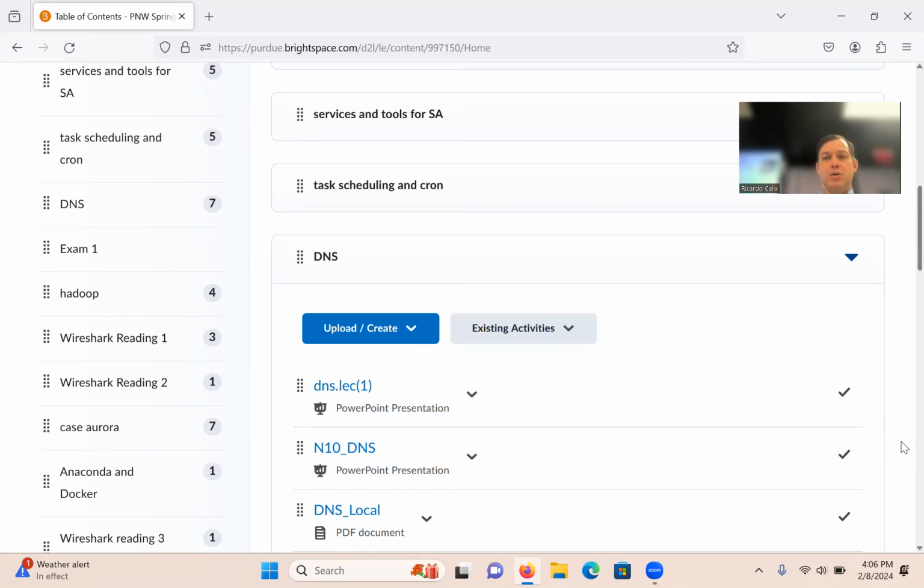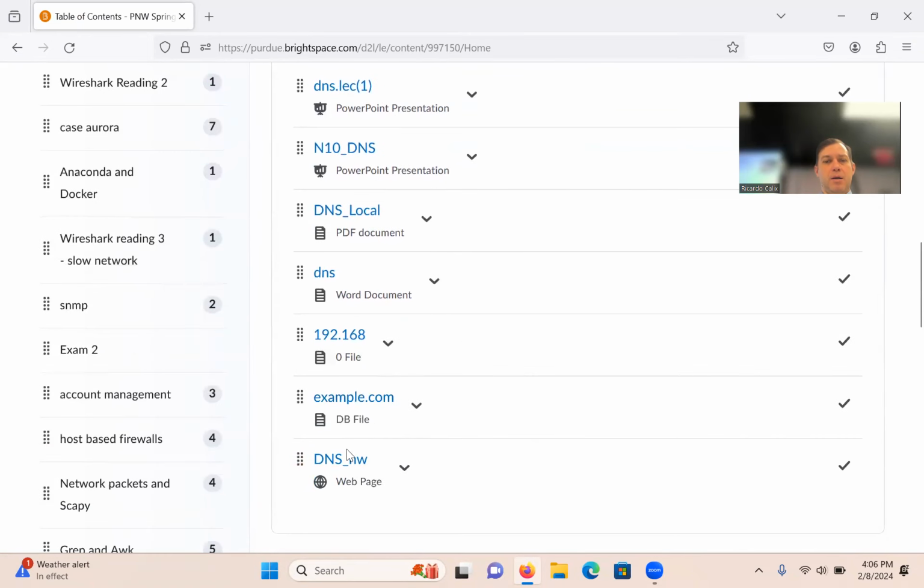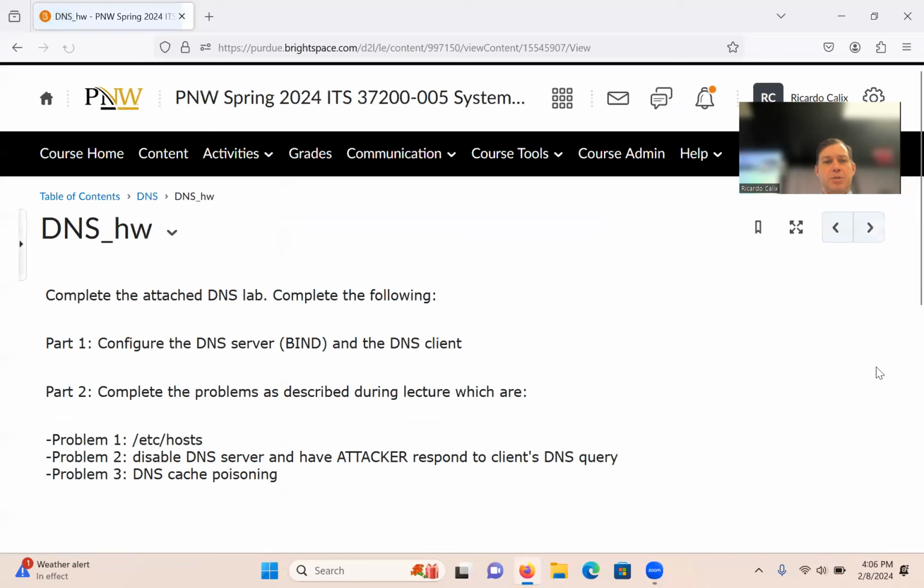Okay. So today, we had started our discussion. If you remember, the lab is this one. You have configured bind. That's part one, and then part two, configure some of the problems. So I'll probably take a look at this problem today. Problem one doesn't require bind, actually. It's just the etc hosts file that does the DNS resolution in Linux. And I believe we had started the scapy library also, which is a way that we can use